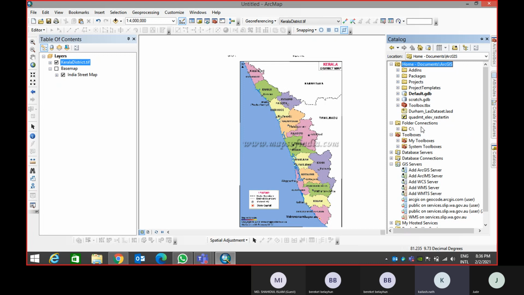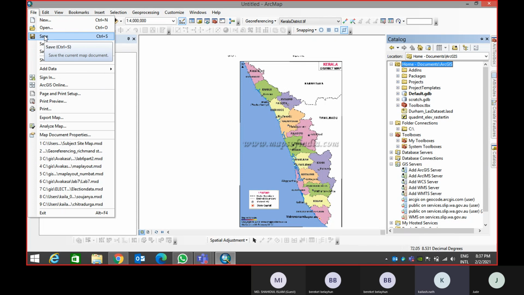Now, I'll give you a fair bit of warning right now. That is, your ArcMap, if you're using a cracked version, is very prone to crash. Even the non-cracked version is always prone to crash because it is very heavy on the system. You can expect your ArcMap to crash at any point of time. And doing certain things actually increases the possibility of an ArcMap crash. So keep in mind to reduce the number of folder connections, as well as